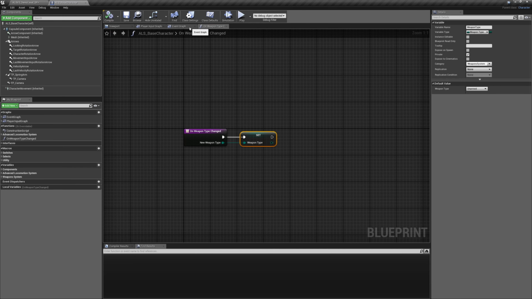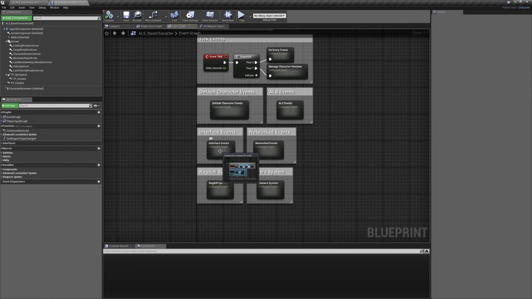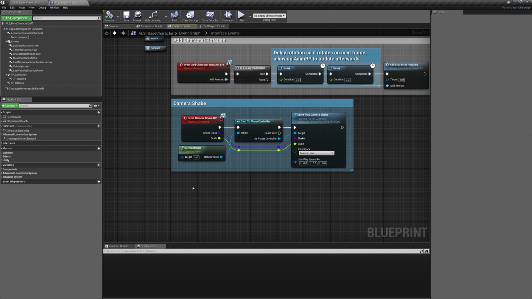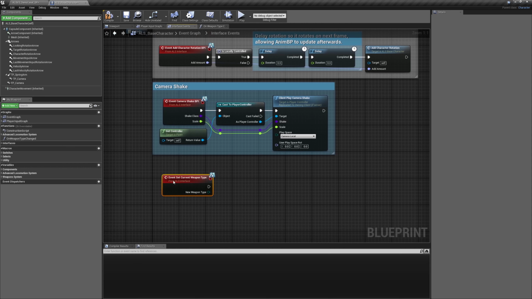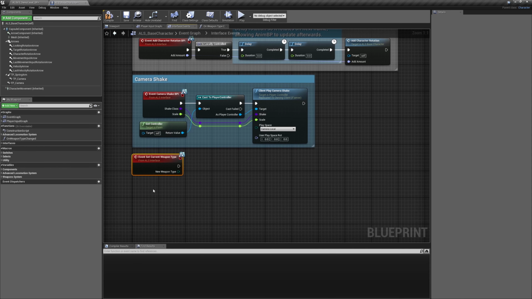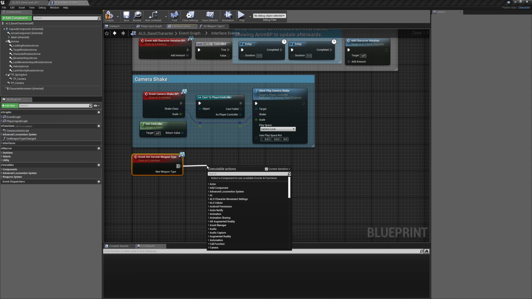And now what I can do is go back to the event graph. I can go into my interface events. I'm going to add a new interface. I'm going to do set current weapon type, and I'm going to grab the event that's right here. And then this event, I'm going to drag out. I'm going to call,